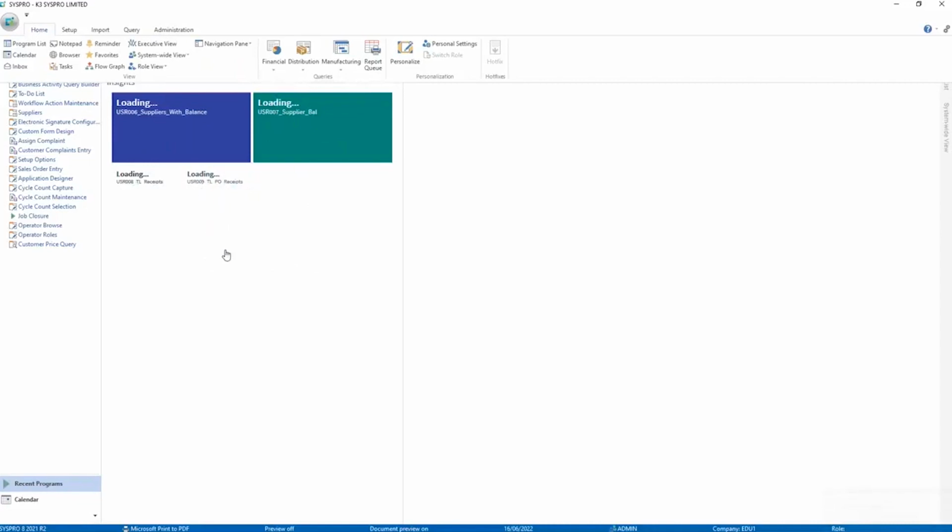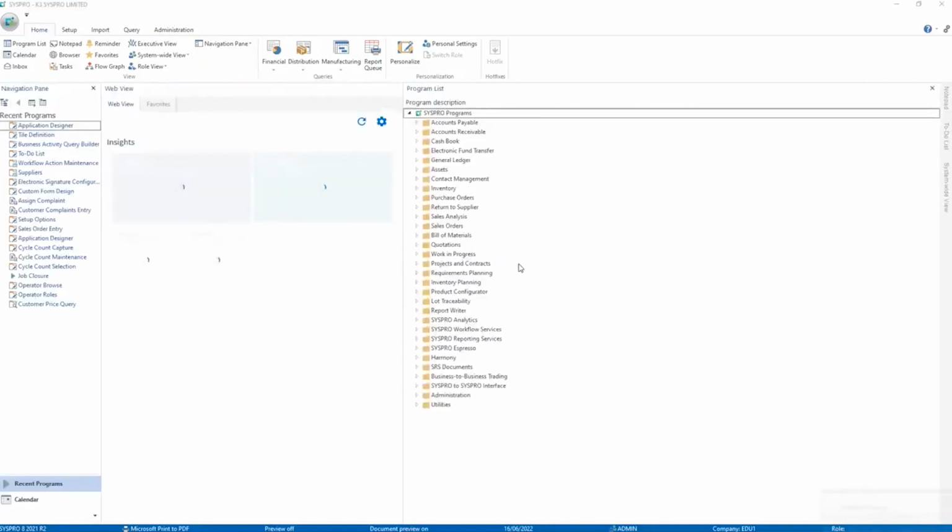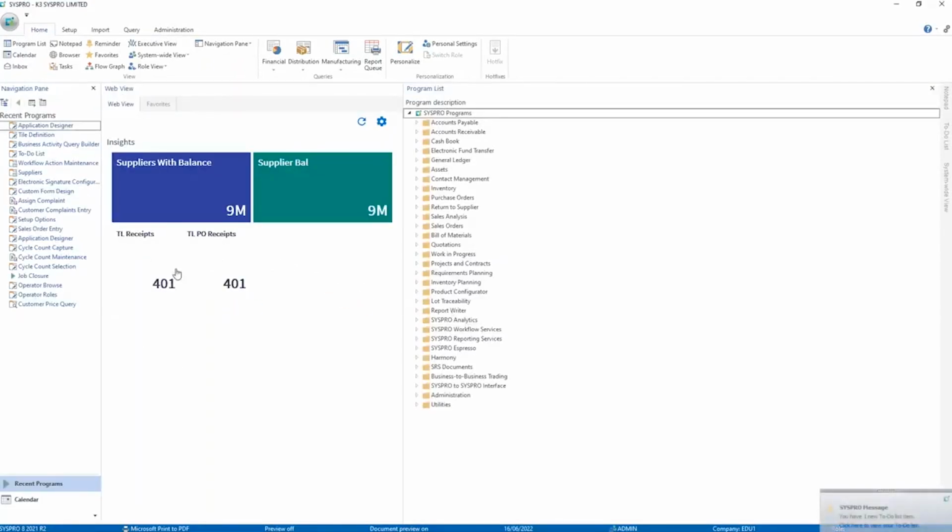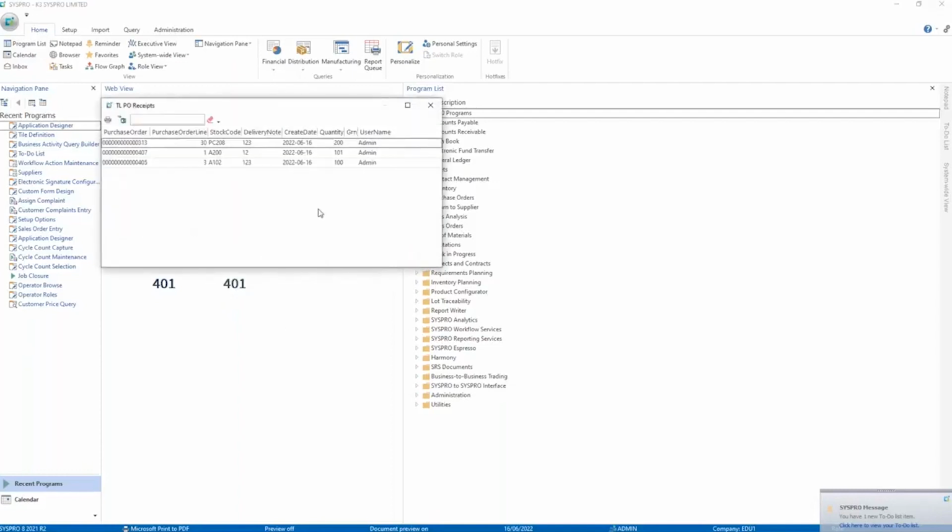Okay, so now we saw before, SYSPRO just kick in, and there we go. Obviously, it's emulating the same number I've got here. I didn't give it any colours, so it's a bit pale, but I can obviously add green and different colours into that. And if I click, I start getting some information. Obviously, I can tidy up these columns by giving them proper aliases. If I put it as purchase space order, I'll start getting the smart links. So I've got a bit of extra work to do there, but ultimately, I've kind of proven my use case